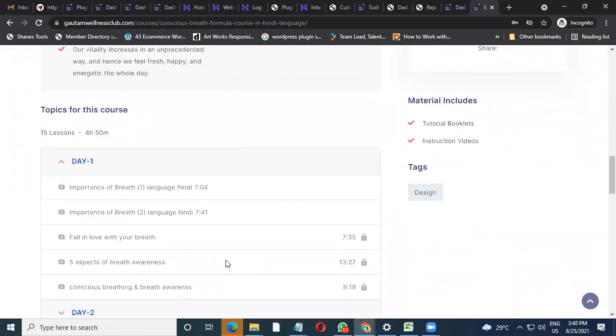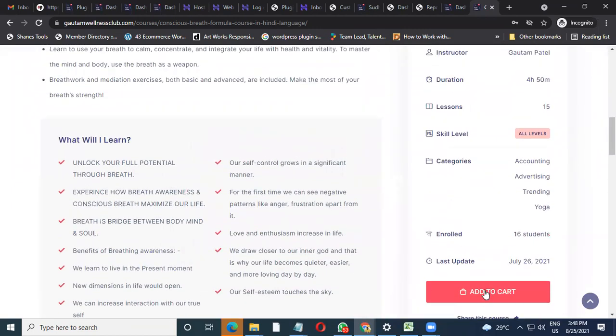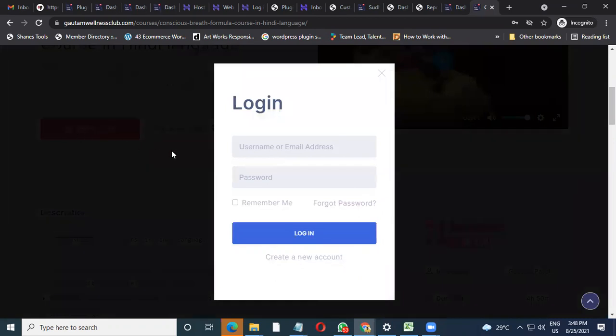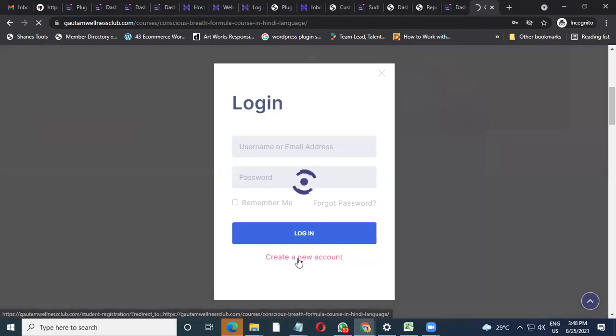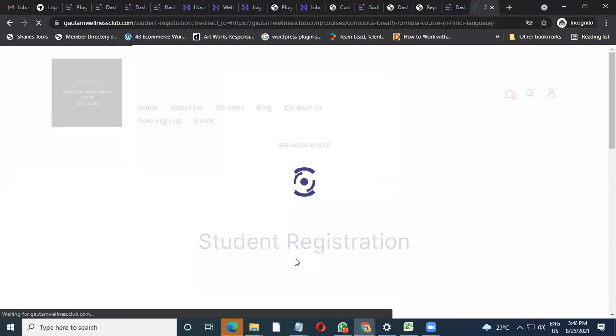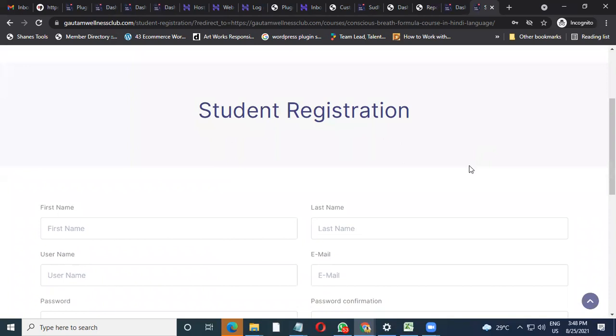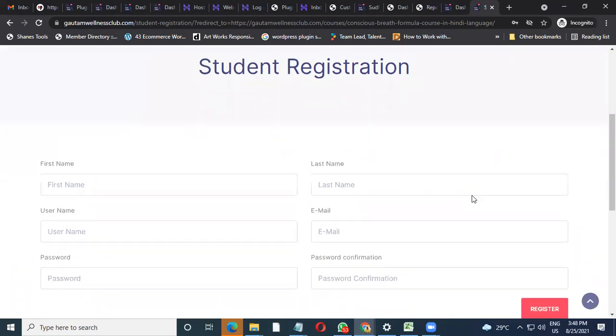Now this is how it is seen by a student. If the student likes what he's seeing and wants to purchase it, he's going to click on add to cart. As soon as he clicks on add to cart, this form will come up. Here he has to create an account, because without this you are not collecting any lead for yourself. So he comes, he pays. This is the process I'm showing you for a student who is planning to come on your website and buy a course.